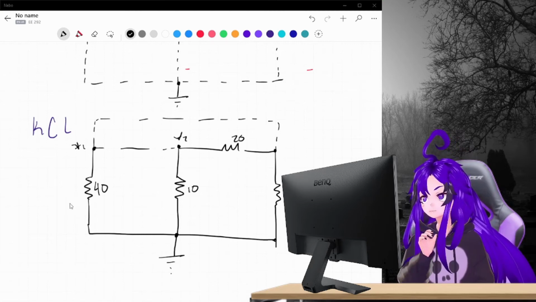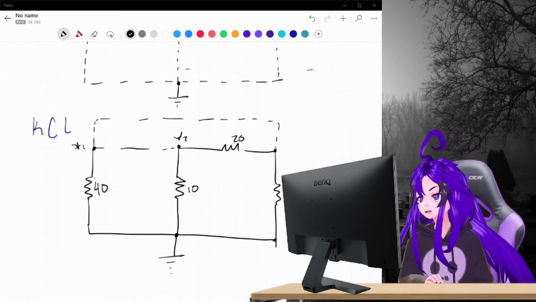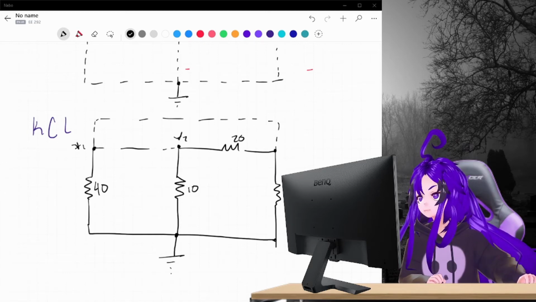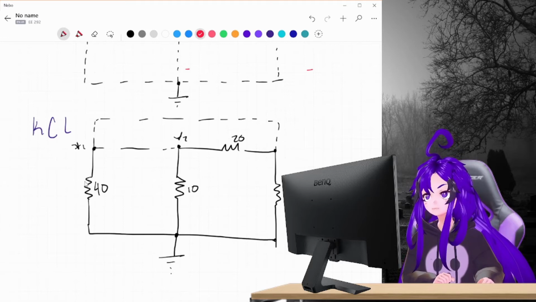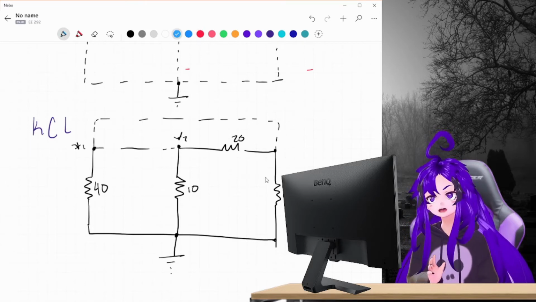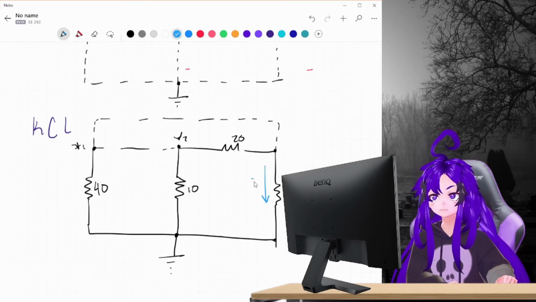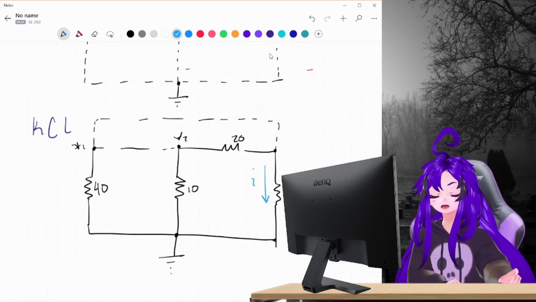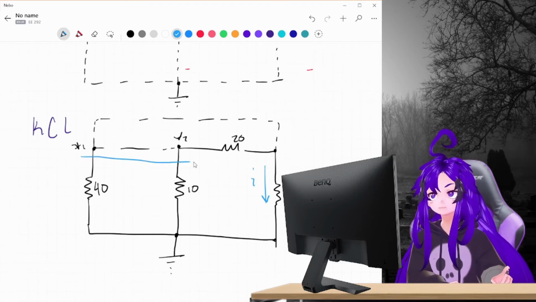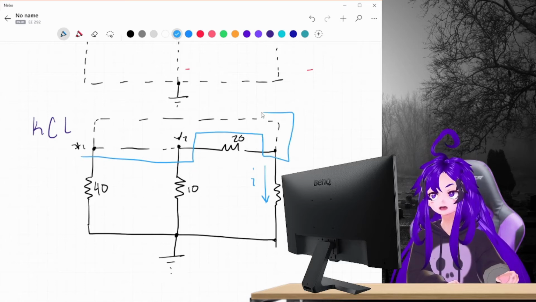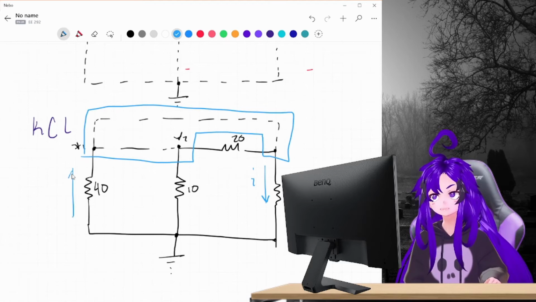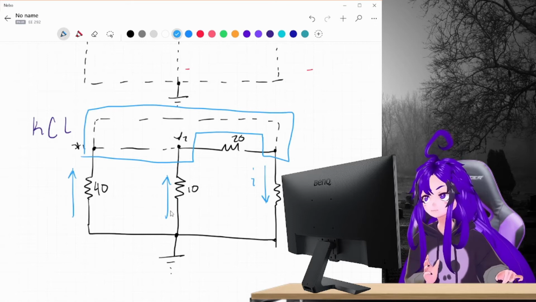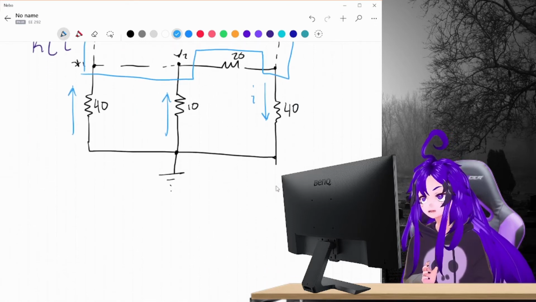So what we're gonna do here is we're gonna write the currents that go into or out of this equation, or this node. And we're gonna pretend this is just one big node. Everything then enters or exits this node. So we are gonna write